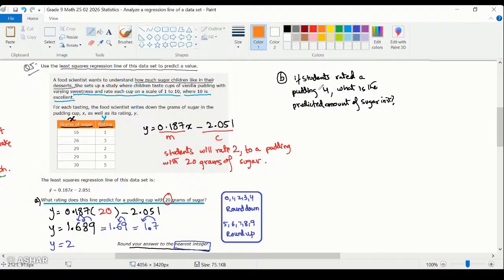They have given us the rating. That means the value of y is given to us. We need to find the value of x. Since the equation given to us was y is equals to 0.187x minus 2.051. The value of y was provided. We substitute this by 4. That means